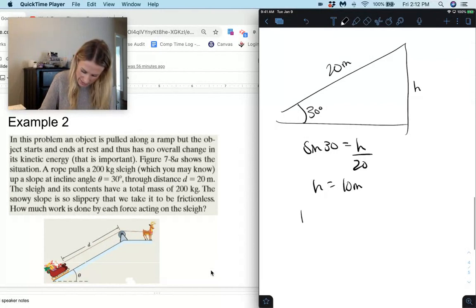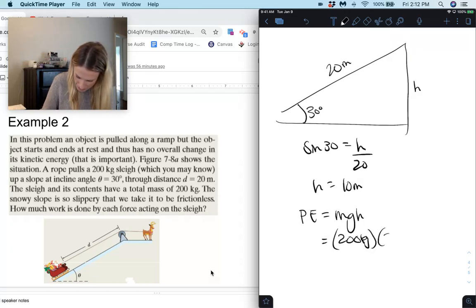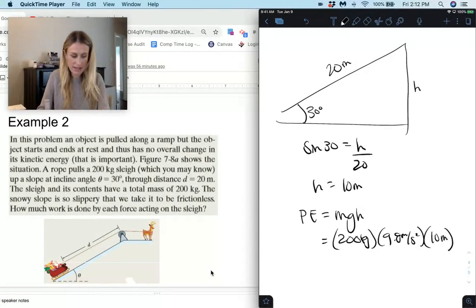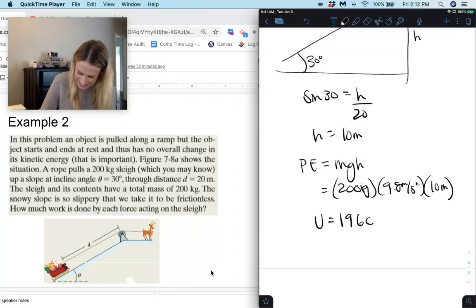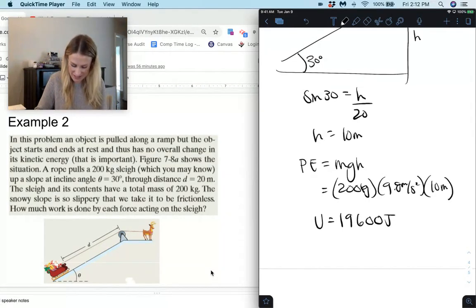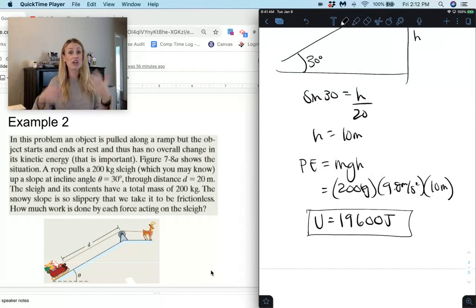And then we know potential energy, or U, is equal to mgh. So we get mass 200 kilograms times g 9.8 meters per second squared times the height 10 meters. So we get 200 times 9.8 times 10. And that, what do you know, is 19,600 joules. Right? And that is not a coincidence. This work being done by that tension force is increasing that potential energy by the same